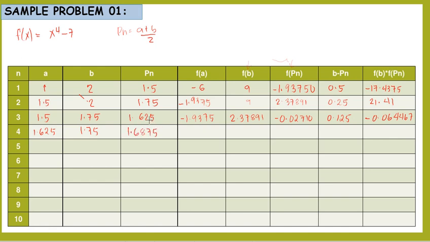So, uulit-ulitin lang natin yung gagawin natin hanggang ito, yung B minus Pn, mag-equal or approximately 0. Tsaka pa lang tayo mag-stop. Okay? So, function of A is equal to, that is, function of B. So, i-check nyo na lang pag tama yung calculation ko. And function of Pn, B minus Pn, and then function of B multiplied by function of Pn, that is,